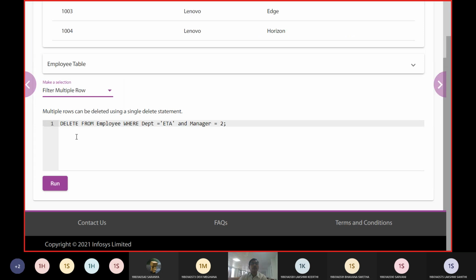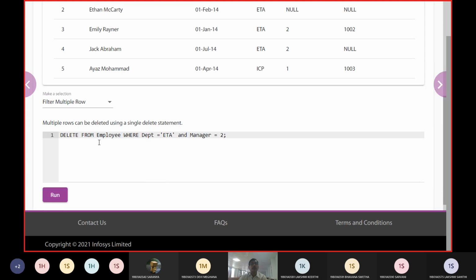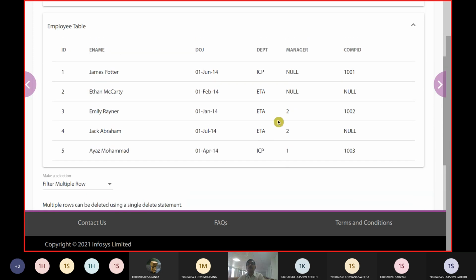Now let us work with delete from employee where department is equal to ETA and manager is equal to 2. What was the command? Delete from employee where department is equal to ETA. We have 3 records, and manager is equal to 2. Obviously, one condition works with the department attribute, and the other with the manager attribute.